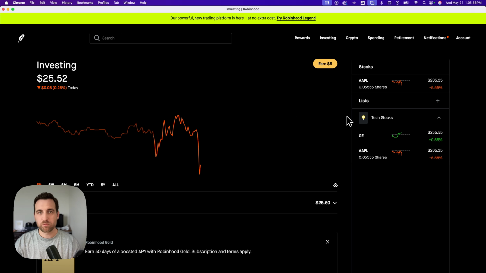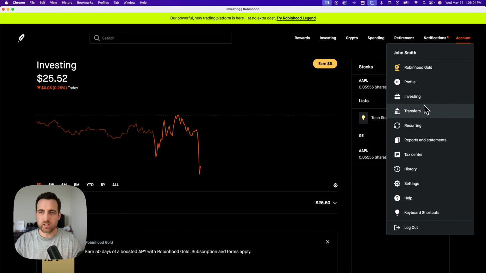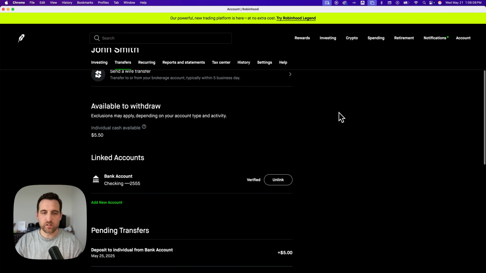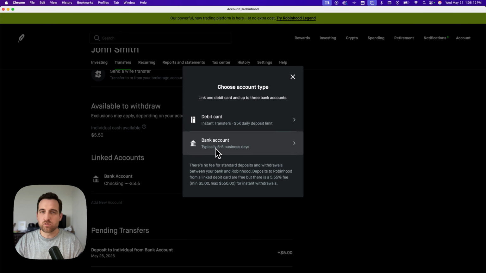Here's how to do an instant withdrawal on Robinhood. So first, you've got to have your bank account connected through Plaid. If we go to our account dropdown and then transfers, inside of here, as you scroll down, you'll see your linked accounts. If you go to add new account and choose bank account, that will open up the Plaid